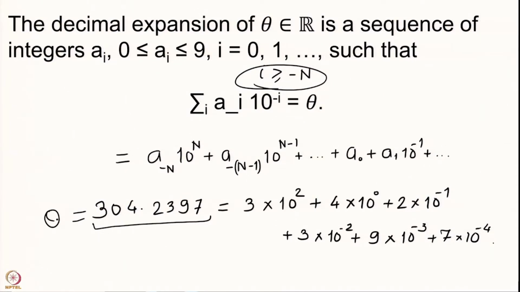Then once you have found a sub interval of length 1 by 10, you divide that sub interval into 10 equal sub intervals. That would give you the next decimal number in the expansion, and so on. So, this is the way we would construct the expansion, the sequence. Here the property is that the nth term of the sequence is within distance at most 1 upon 10 power n of your number theta, and as n goes to infinity, this 1 upon 10 power n goes to 0. So, you have that your sequence converges to the number theta. So, this is the decimal expansion that we have constructed.